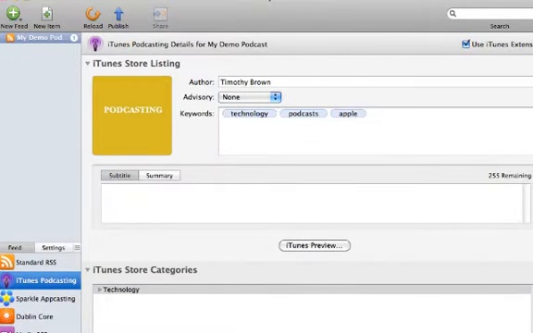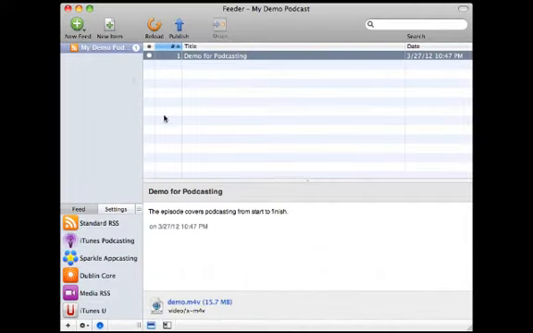Rather than go through and write out your entire RSS feed from scratch, there are actually tools at your disposal that will help do this for you. One way to do it is using Feeder, which is available in the Mac App Store. Feeder basically allows you to set up a new feed and then add all the items associated with that feed as long as you want to do that. And it's pretty easy. You just start out by clicking New Feed,